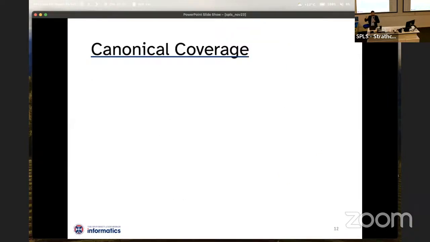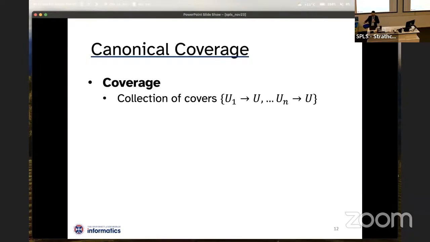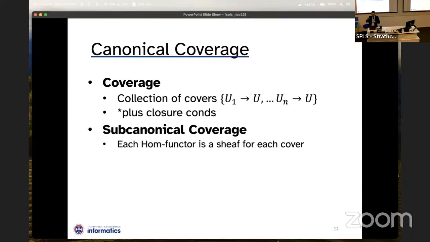And the coverages that have this property are kind of known in sheaf theory. The coverage is just the general way of referring to the collection of all of the sets of patterns that we call valid, or all of the sets of arrows that we call covering. And the term for something where all of the representables are covering is a subcanonical coverage. And so again, this is something that existed for a long time. And then if you look at all the subcanonical ones, it turns out there's a biggest one called the canonical